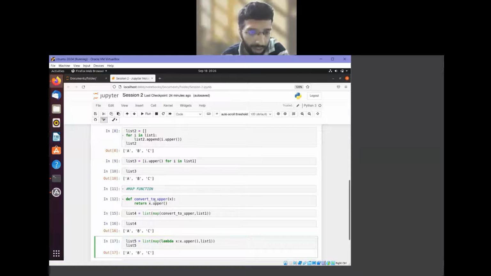Here to a named function we are passing x. Here we are passing to a lambda, that is an unnamed function, the value x. And what I am doing here is returning x dot upper. Same operation, a single line operation, x dot upper. Other than that the map syntax is the same as the earlier case. Then I have to pass the list on which I want to do this mapping, and that way I get list5. So now this is a simple case. Now let's see a somewhat more complex case with two variables.